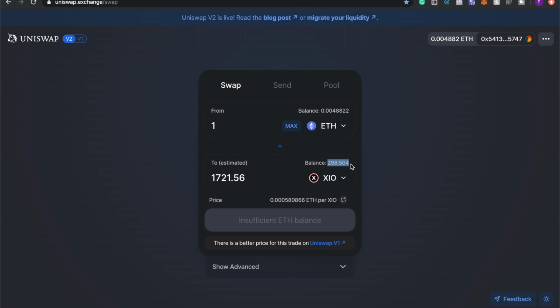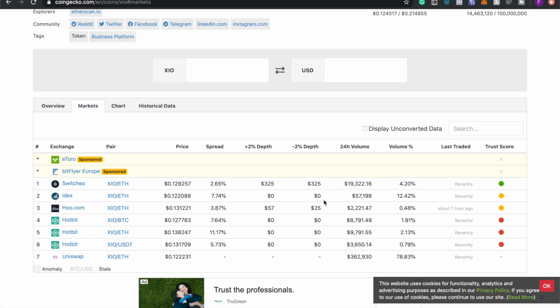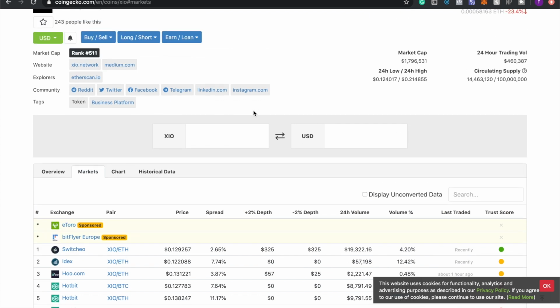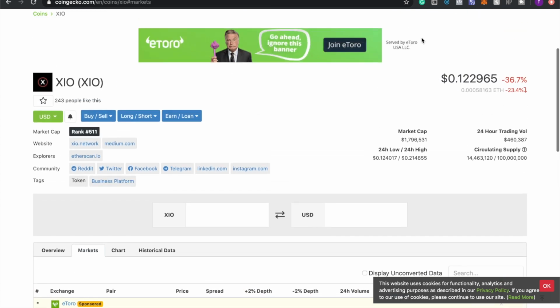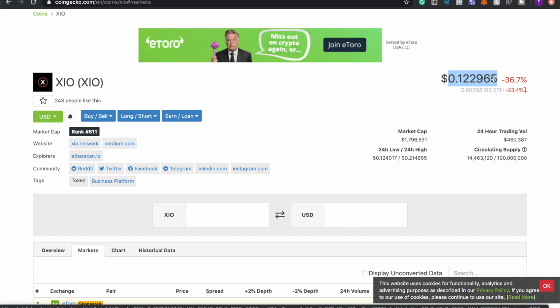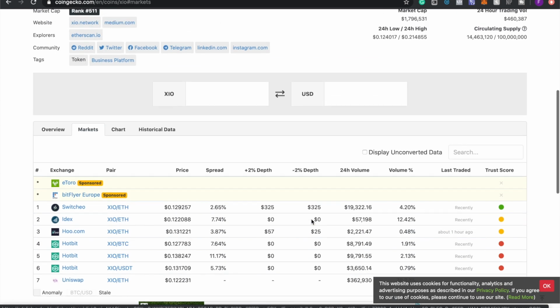I personally thought it would go higher, but it definitely dropped, and I personally think it's because of all of this FOMO involved with it. I'll get to that in a second, but I just want to go over the price and everything. So currently it's at 12 cents. It's down around 40% today, which is absurd.